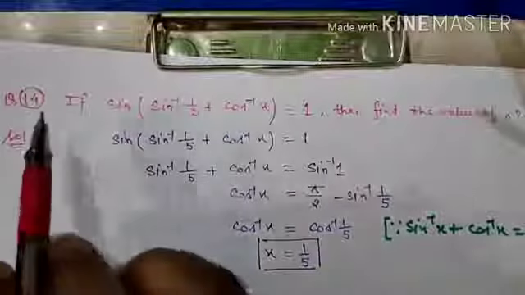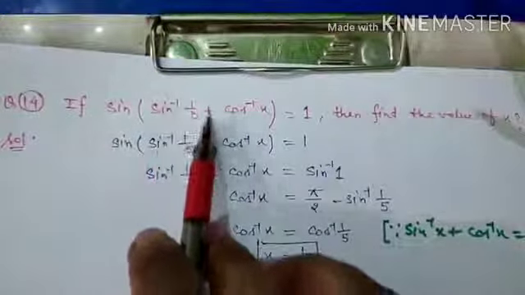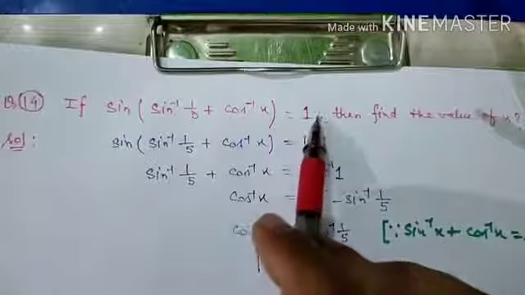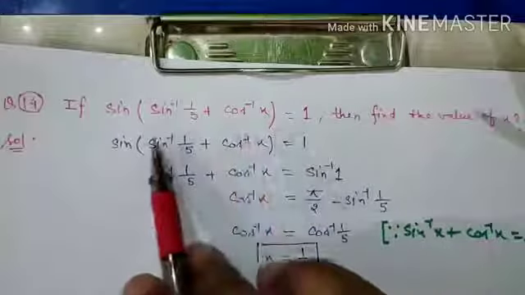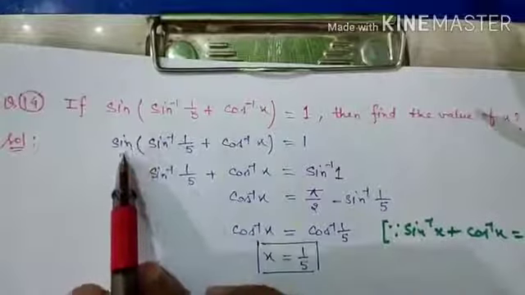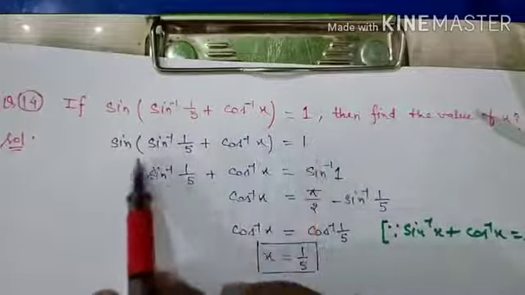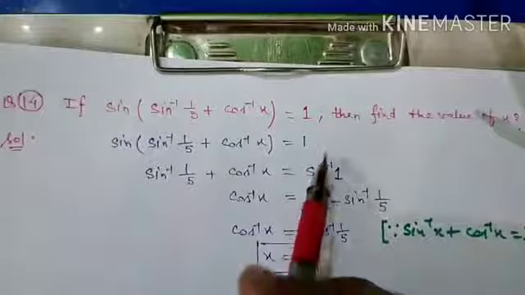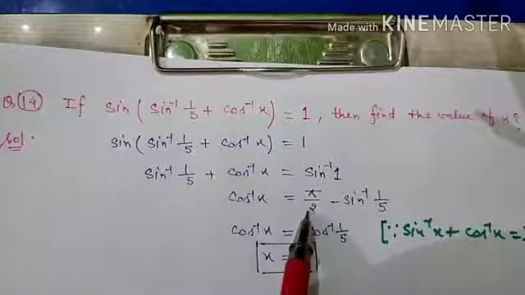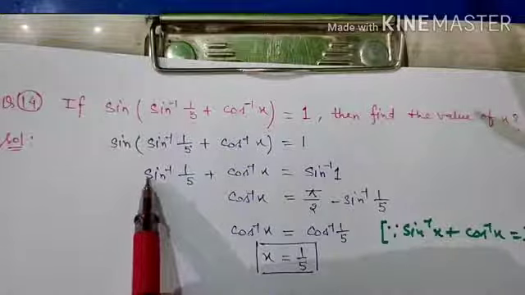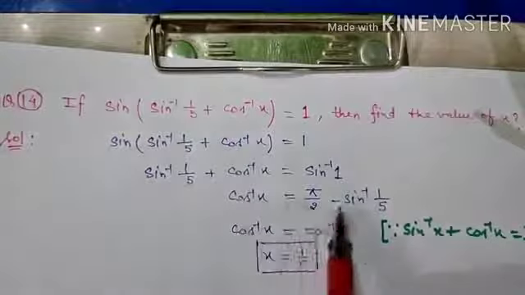Now question number 14. If sine inverse 1 by 5 plus cos inverse x equals 1, then find the value of x. We have to find the value of x. Sine inverse 1 by 5 plus cos inverse x equals 1. We'll replace this 1 by sine inverse 1, and sine inverse 1 is pi by 2. If we transfer sine inverse 1 by 5 to the other side, it will be pi by 2 minus sine inverse 1 by 5,